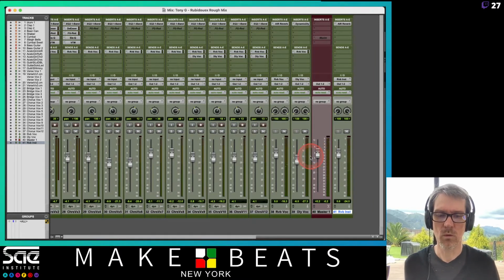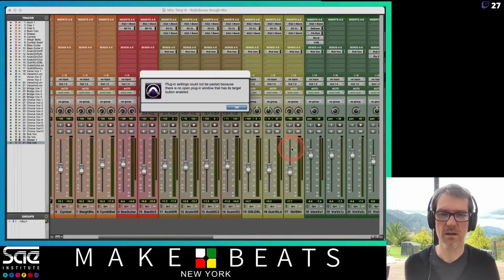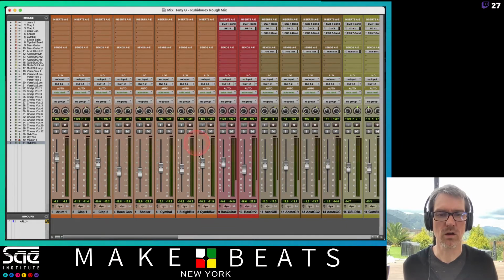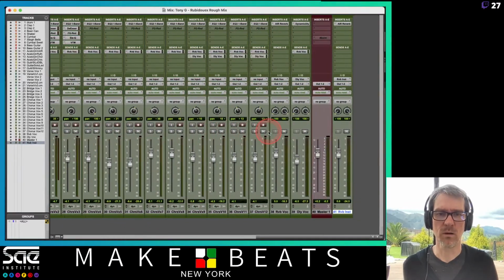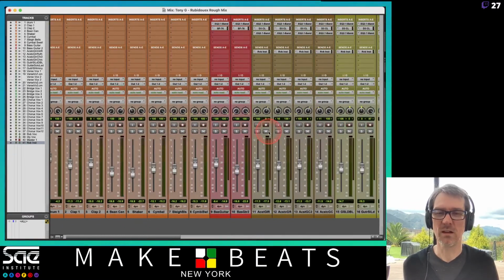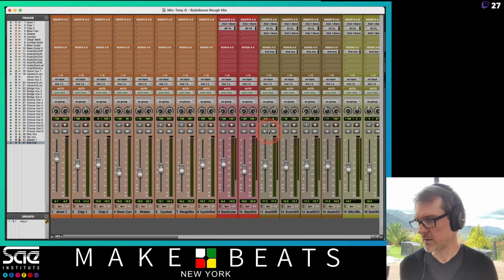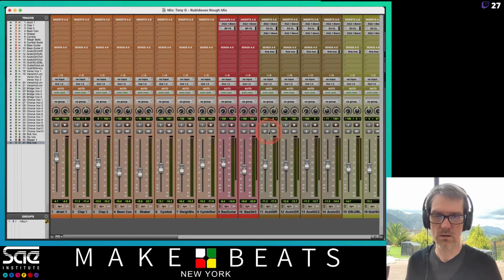All right, cool. So what we're going to do here is, first of all, I'm going to go ahead and group these tracks together. Now this is a bit easy because I've already color-coded these, and I put them into an order before. When things are color-coded like this, it makes it really easy to say, oh, these go together, oh, these go together. So what we're going to do here is with these here,